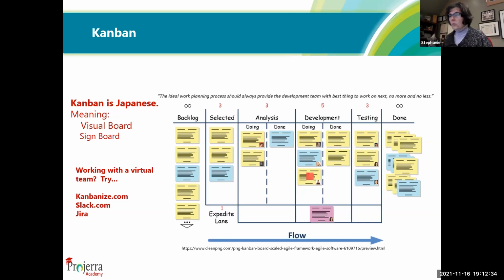So what do we do? Well, there is an expedite line here, which says that a high priority rush item can come down here. And if there happens to be something down here, the development team is going to work on this particular task that's in the expedite lane first before it works on those 3 other development tasks. And then when it's ready, they move it over here to the testing team. And there's a lot of communication, a lot of collaboration within the team to make sure that happens.